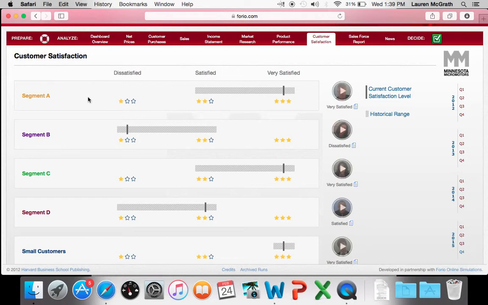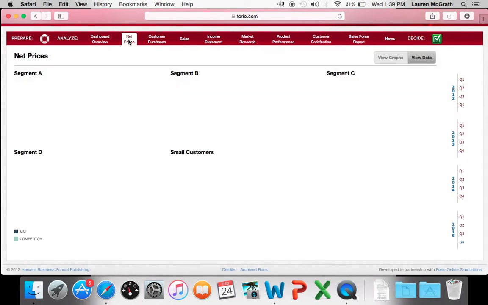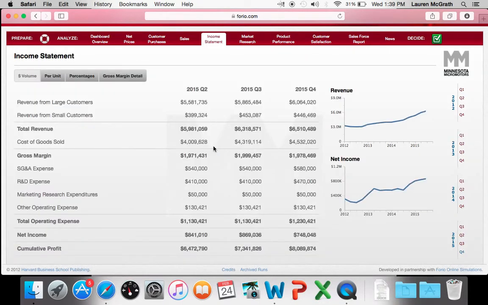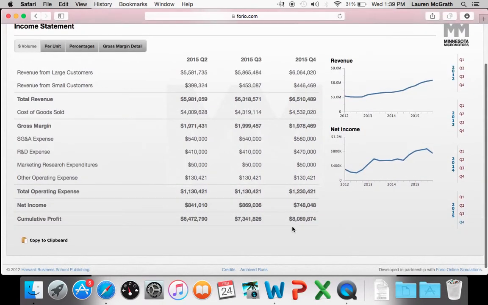But I really did enjoy the design, showing us not only the sales part of things, but also the prices and the income statement. That was really important to see all of our work from the past classes and in life in general, seeing that come into effect here as well. So that is all for the marketing simulation, and that was the cumulative profit of the 8